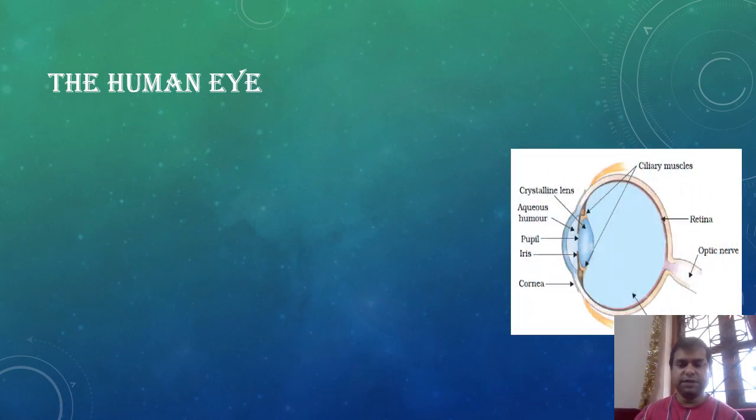So here you see the eye is present over here. This is a sketch or a rough diagram of the eye, and you see the different parts of the eye are labeled over here. Now each one of them has certain functions. Though for us it may look like just a simple eye, over here we have different parts of the eye, and each one of them has a certain role, a certain function in enabling or helping us to see different things that we see in the day-to-day world and the way we see it.